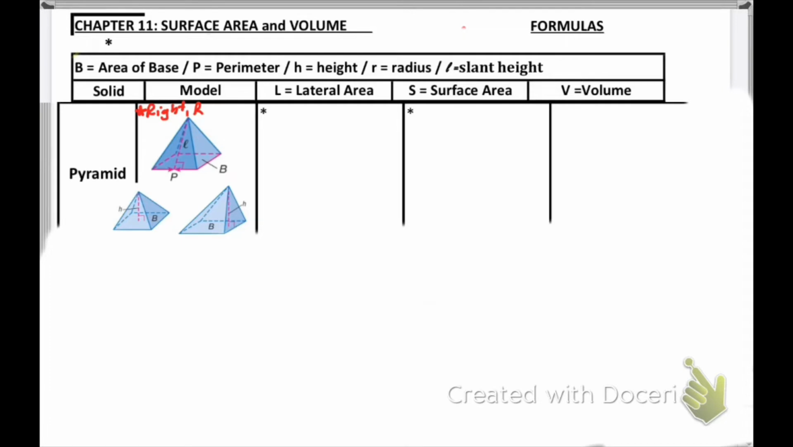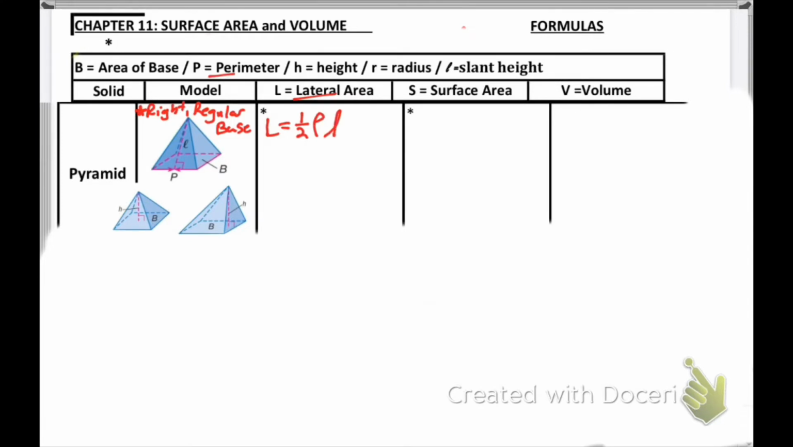So, regular pyramid. We have a regular base, equiangular, equilateral. To calculate the lateral area, again that's the area going around the shape, I'm going to take capital L, that's equal to 1/2 the perimeter of the base, capital P,